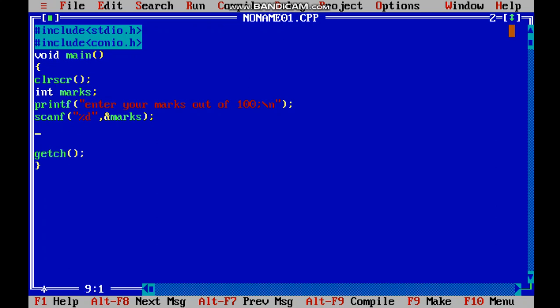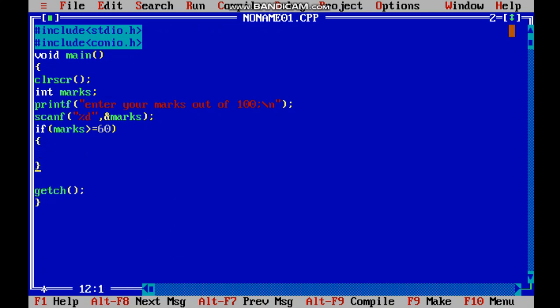Now we shall apply the if condition. Else if condition, we will see what it is. I use the syntax if. Now the first condition should be marks is greater than or equal to 60. That means it will cover 60 also, along with 60 to 100.